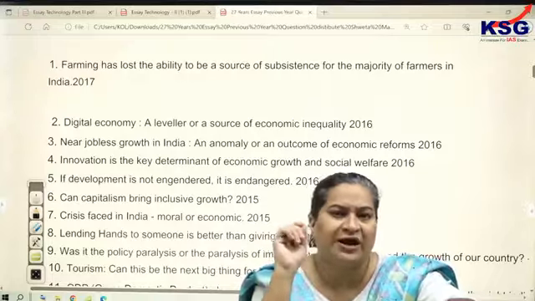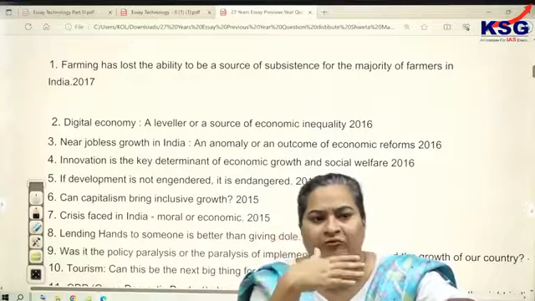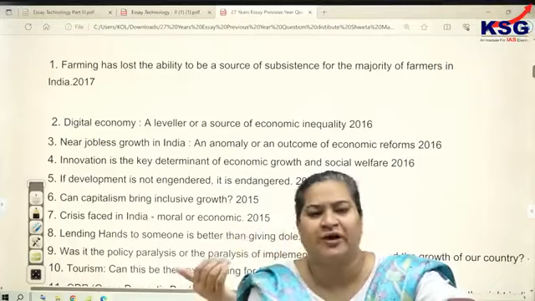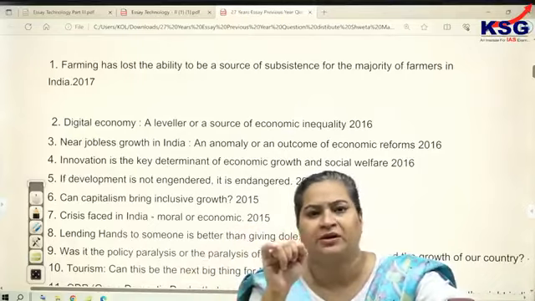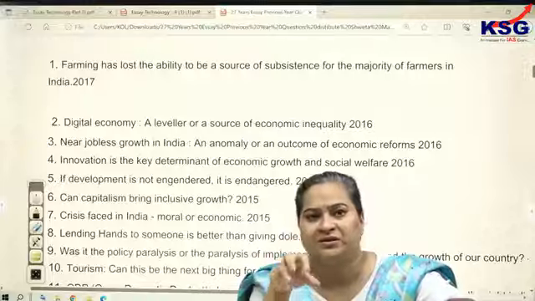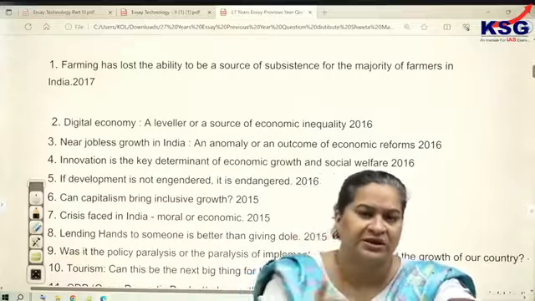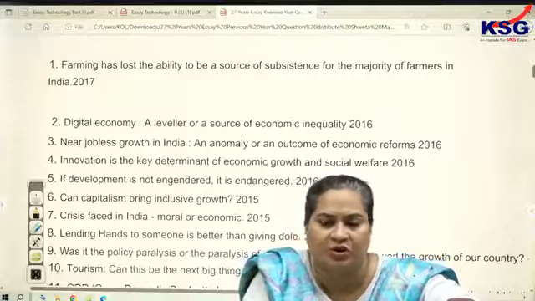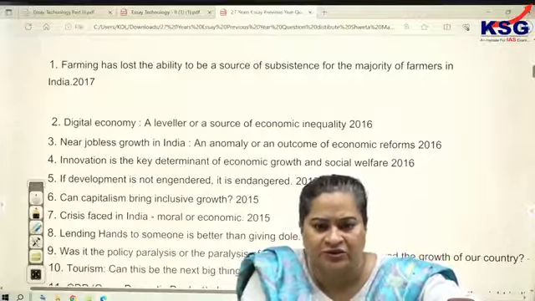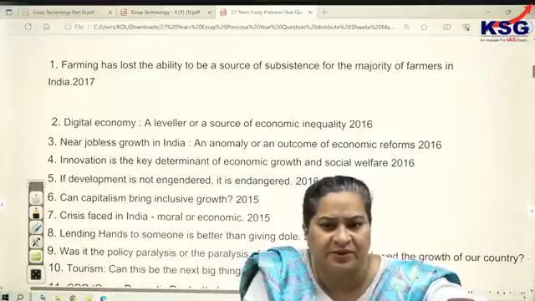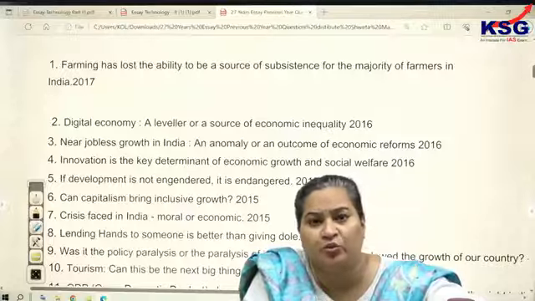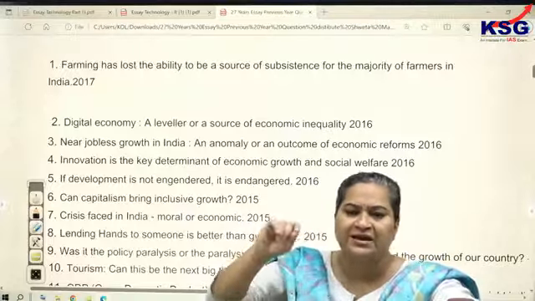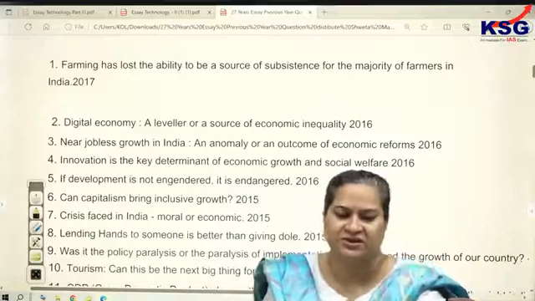In the absence of writing and writing practice, memory building, vocabulary development, fine chiseling of expression, all that does not happen. So if you really want to clear this exam, what is advisable is that please get very thorough with the given content, right? And how do you get thorough with the content? Not just by reading it, but by the capability to recall the points and enlisting it. That's what can be suggested.